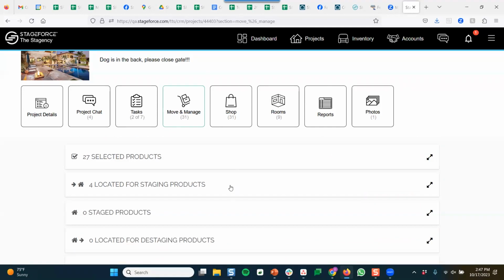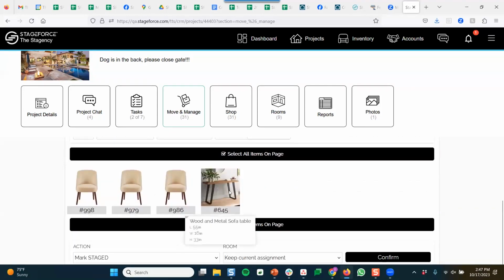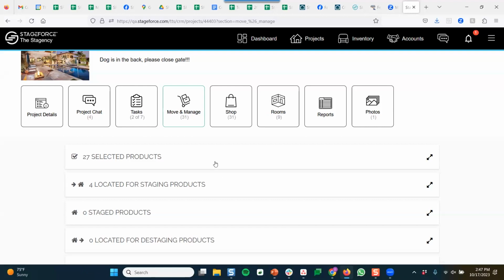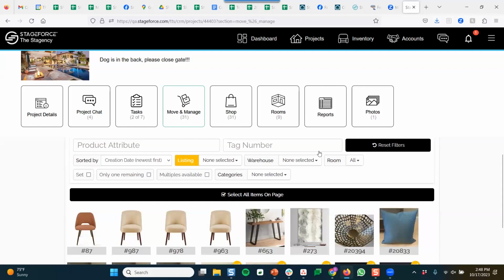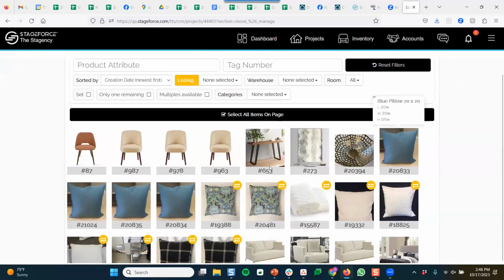Let me go ahead and show you what that looks like. There's those 4 items. They're now in the next phase. The other way that's possible that you've probably heard about with Stageforce is instead of using the app interface to